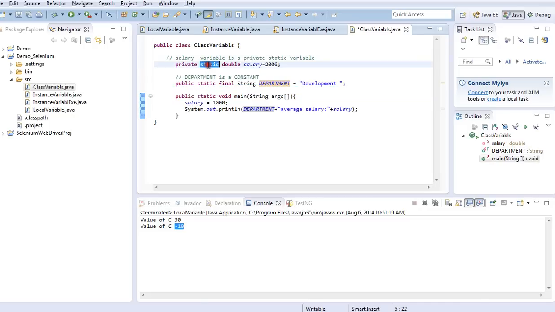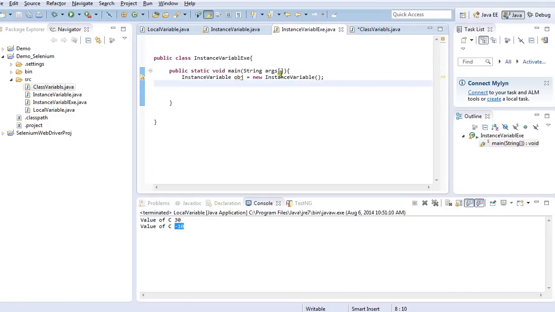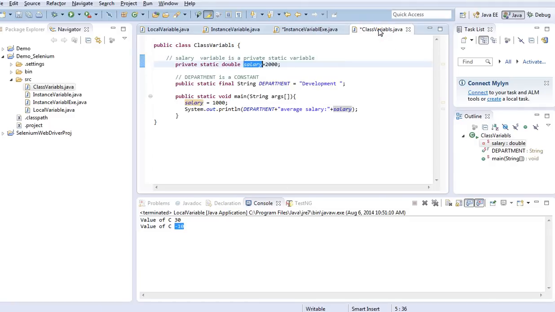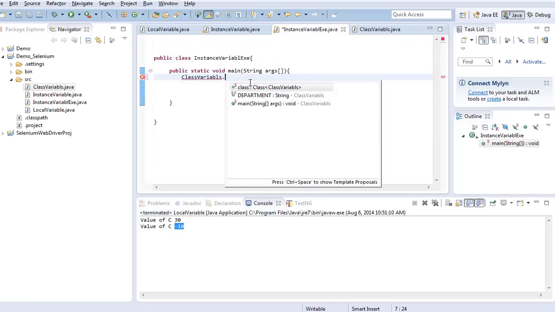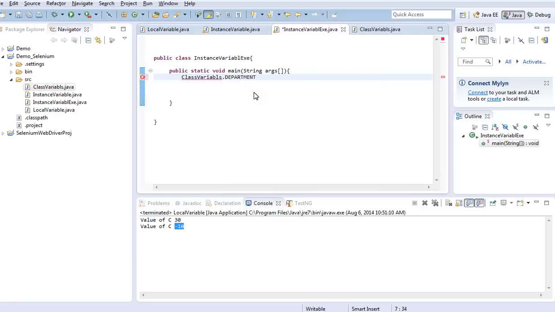Now the static variable can be accessed with the use of the class name. Let me do one thing here. I want to call those variables, that is, there is a salary variable, right? If I use the class name dot, I am able to see the department variable, right?